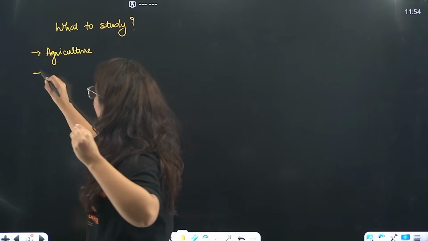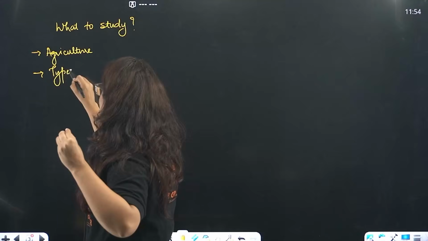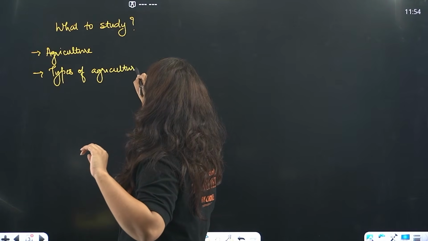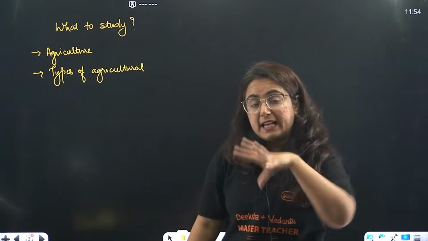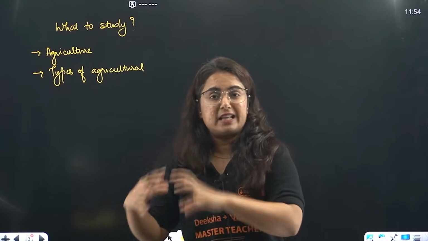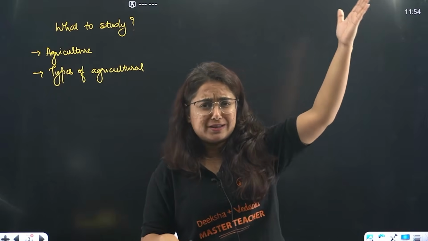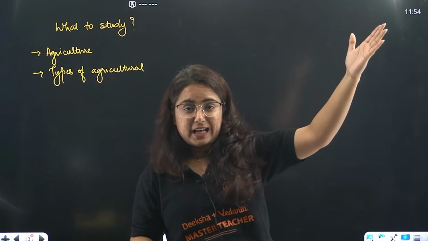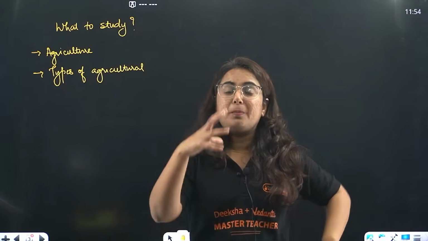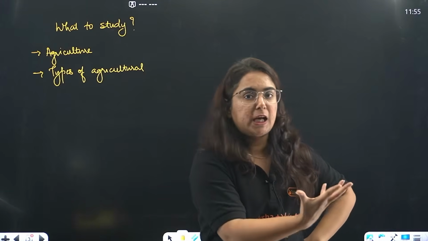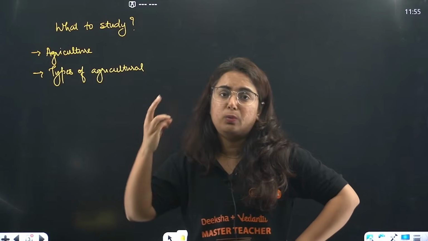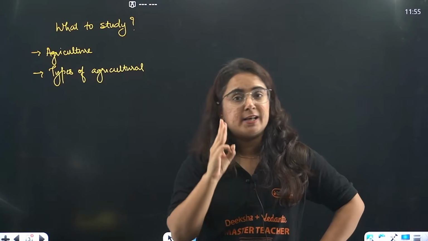Then beta, the chapter talks about types of agricultural practices in India, right? Agricultural practices have evolved over the period of time. We are not doing the same agricultural practice we used to do during the Stone Age, the Neolithic age, or during the time of the Indus Valley civilization or the Mahajanapadas. So it basically talks about the primitive type of agriculture, intensive type of agriculture, and then the commercial one. Three in number there are.